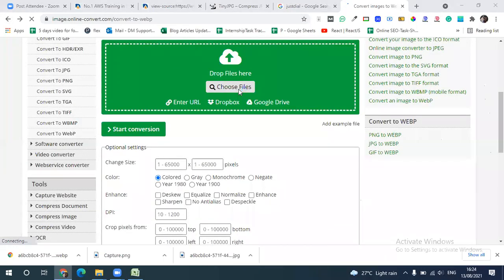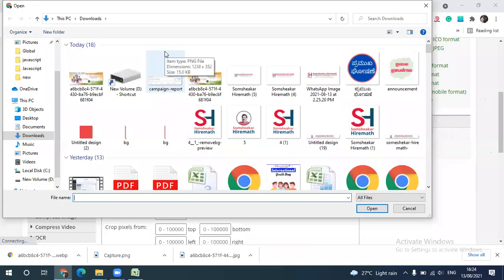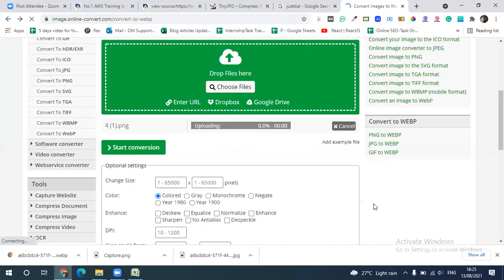And see, I will select it. I will take this logo. You can see it is 68 KB, 55 KB. You can see I will convert.